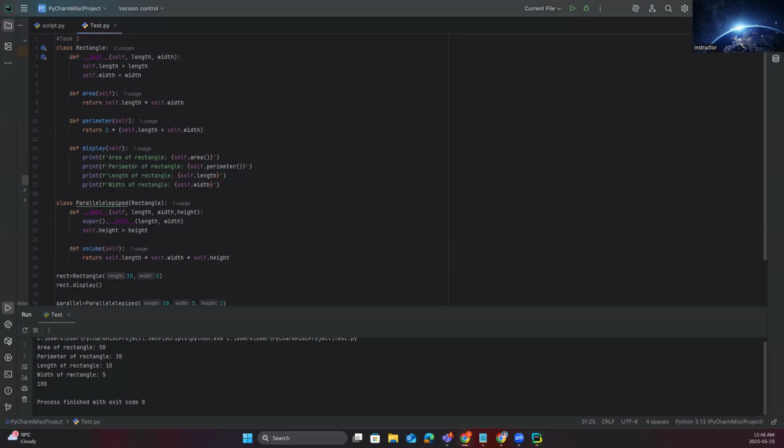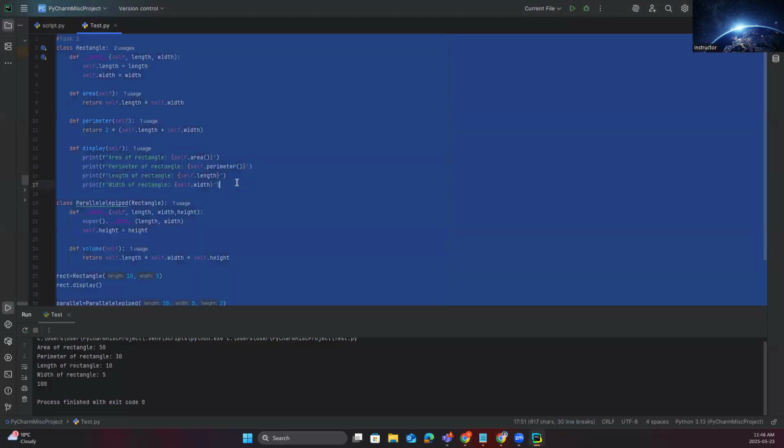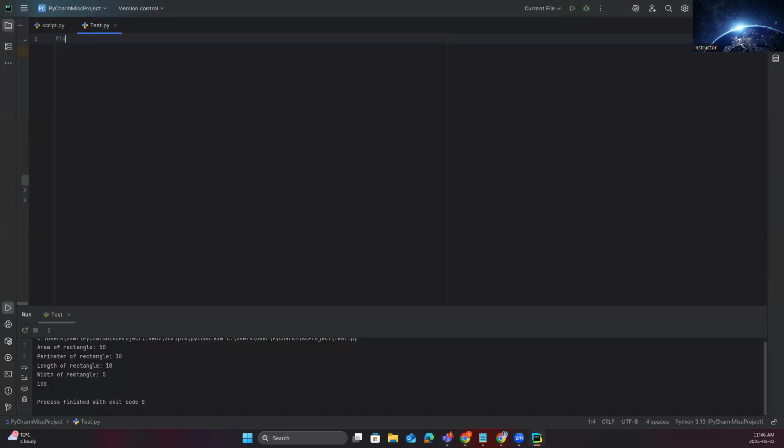Similarly, we can do a third set of tasks wherein I can create a staff class with the name, age, and salary. And I must make sure that salary is a private attribute that cannot be accessed outside the class. So to do that, once again, I can write a specialized piece of code. For example, I will write a code as below. I will do task 3. Here I will create a class called staff,